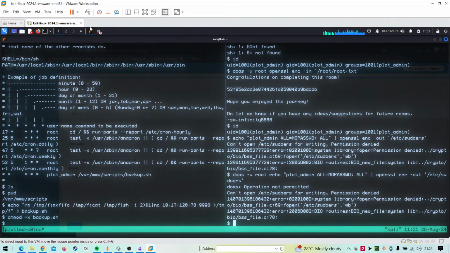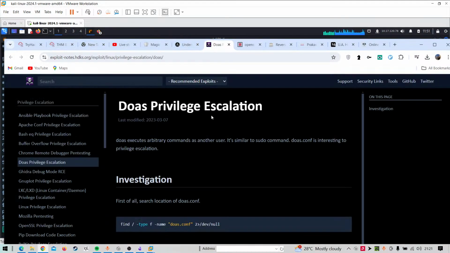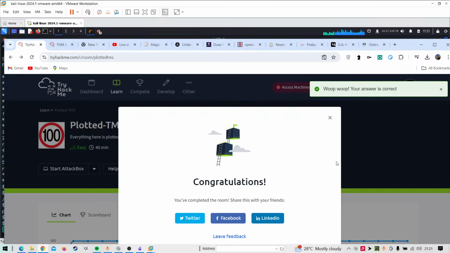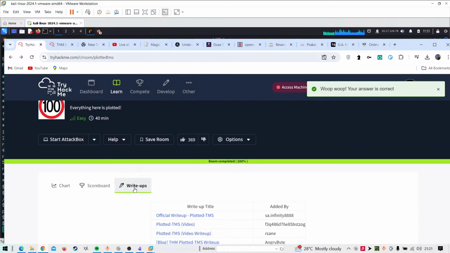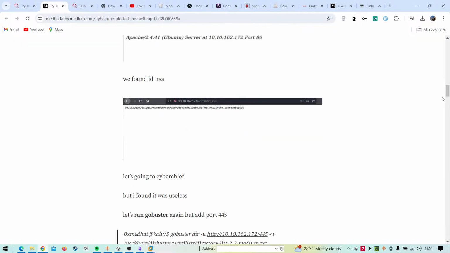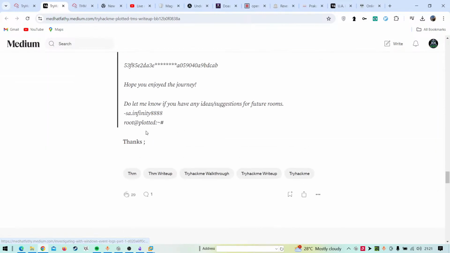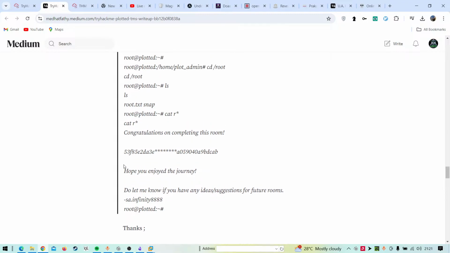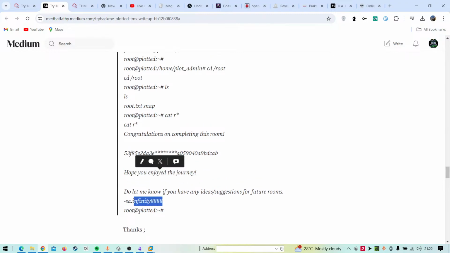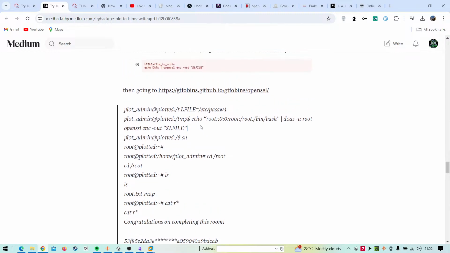Okay, so I want to see what the actual way to do this is. Since I completed the machine, I want to see the write-up, and let's use this one. I just want to see how he escalated, or whether he just left it at reading a root file. Oh yeah, he did it. How did he do it? I have to see that. Okay.